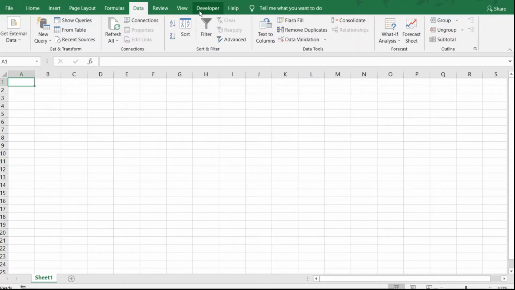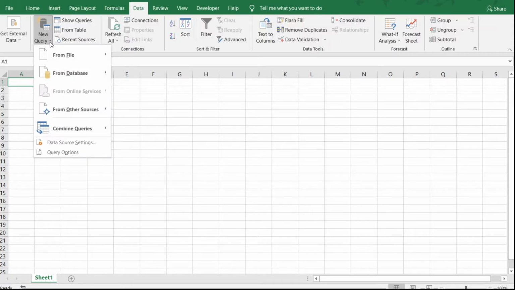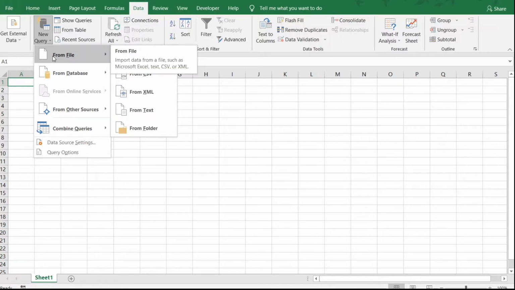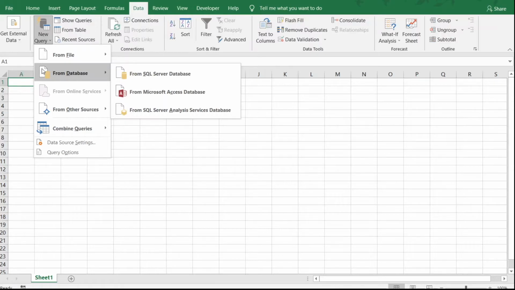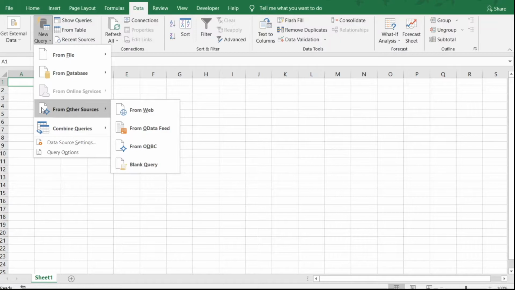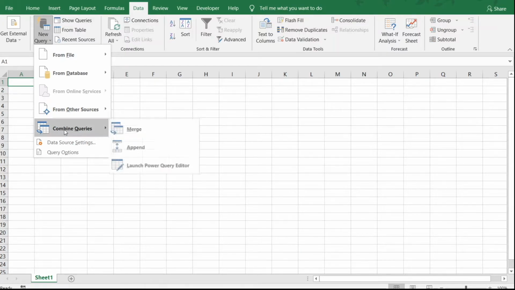Okay, so let's see what is there in Get and Transform. Here we have New Query. If you click on New Query, you can see that we can get the query from a file. By file here, it means that it can be from a workbook, CSV, XML file, text file, then from a database where we have SQL database, Access database, and all that. And then we have from other sources, where you have a web page, or from any other, you can also create a blank query. And there are other features like combined queries, and all these,